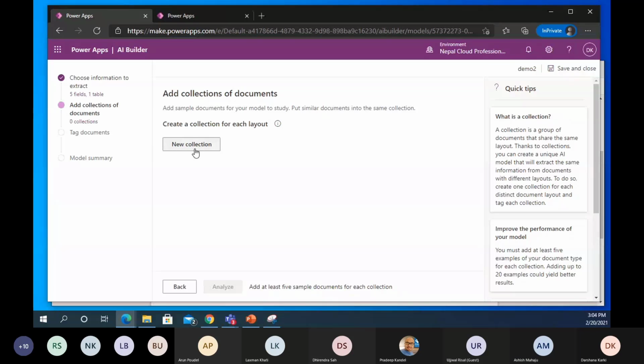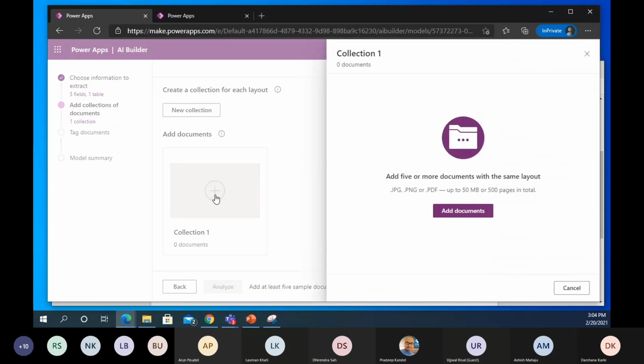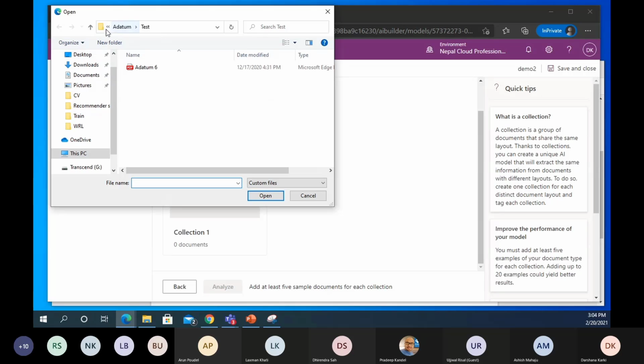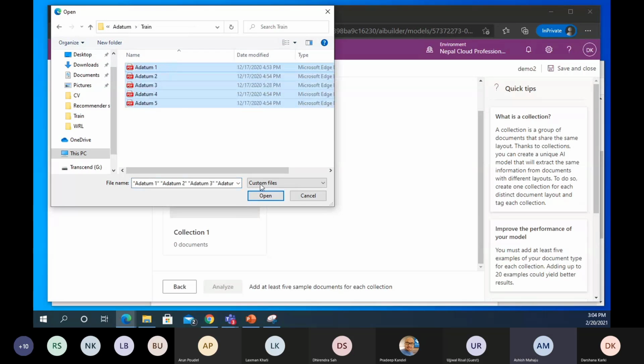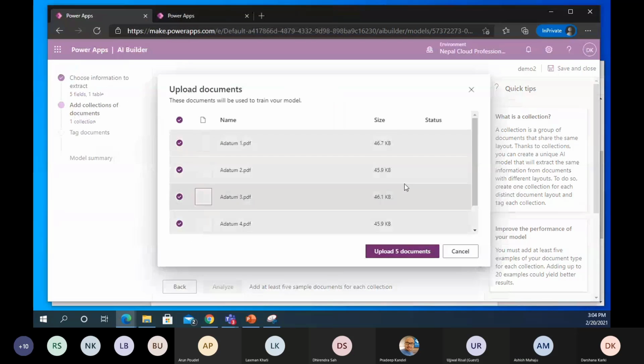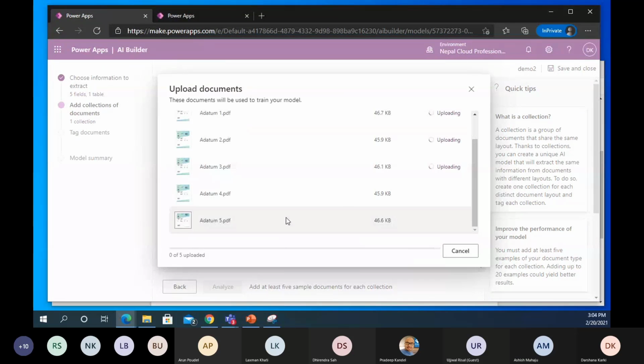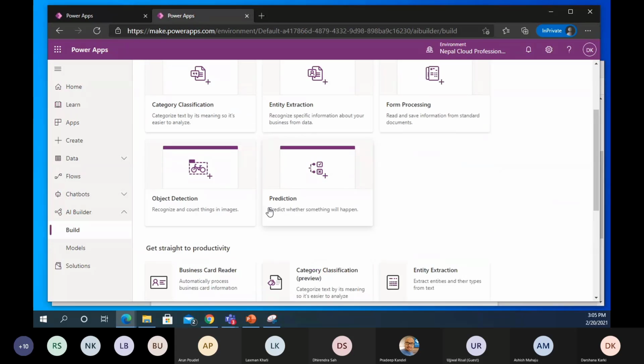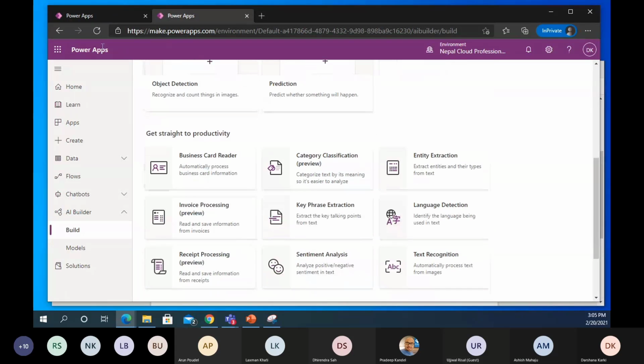Now this is the part which asks me for all of the documents. What are some of the forms that I want this to analyze? I have some files from my local storage. These are some of the files that I want. All right, while it uploads, let me show you some more of the things that are there in the